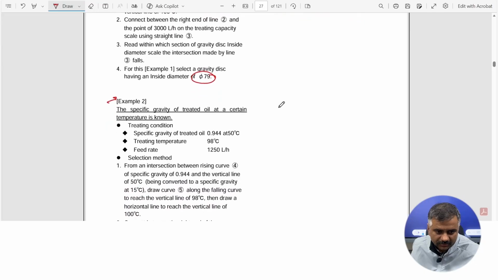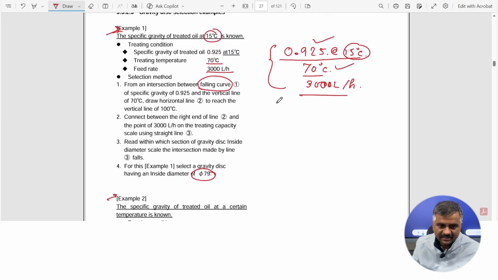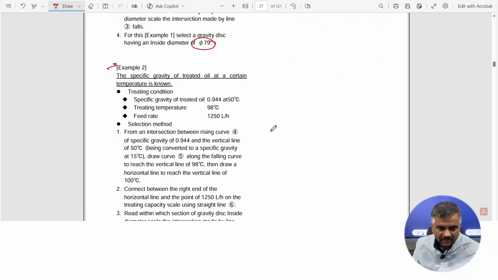The specific gravity of the oil is known at a certain temperature. The only difference here is that it is known at 15 degrees centigrade. When the specific gravity of the oil is known at 15 degrees centigrade, you will use method 1 where we take the falling curve,